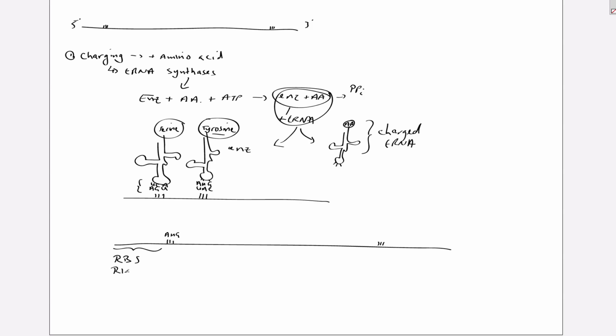That is to say, a ribosome binding site. And the ribosome binding site is what the ribosome recognizes. And I'm going to say that specifically, and I said this in the earlier video, there are two subunits to